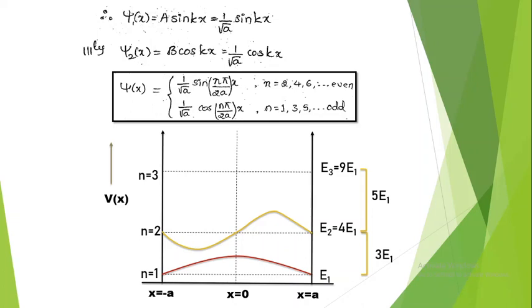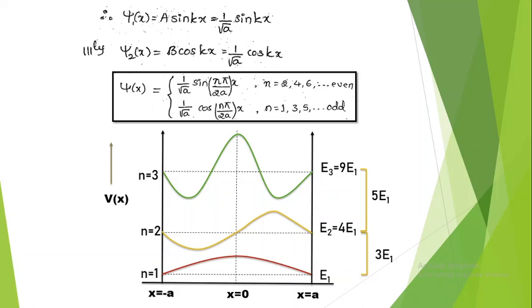with respect to x equal to 0, and again it will just go on increasing and finally decrease. And in the same way you can define for n equals 3. For n equals 3, you are having three different sinusoids, where you will be having the cos function, that is, when x equals 0, the ψ(x) will have maximum extent, that is cos of 0, the function which will be equal to 1. And again here also you can observe the symmetric nature. So this is about the particle which is confined within the infinite square well. At the boundaries, you can see that ψ(x) is equal to 0, which means that there is no particle present at the barrier because V(x) equals infinity. So these are acting as impenetrable